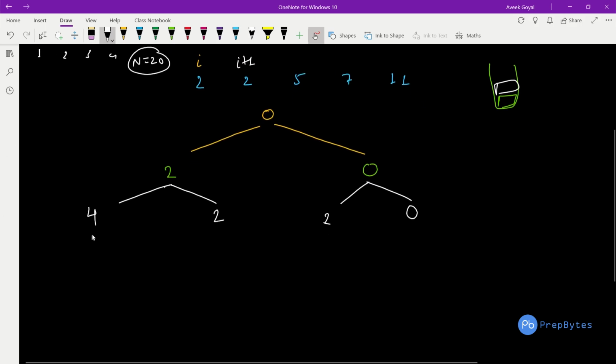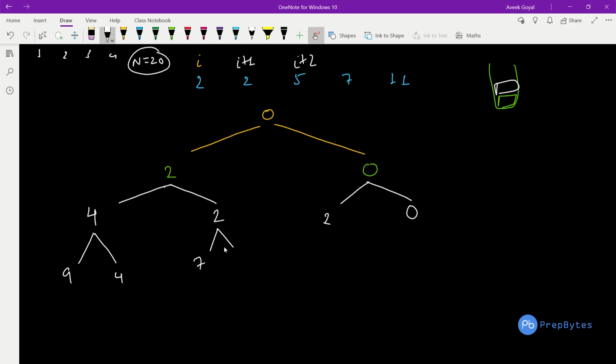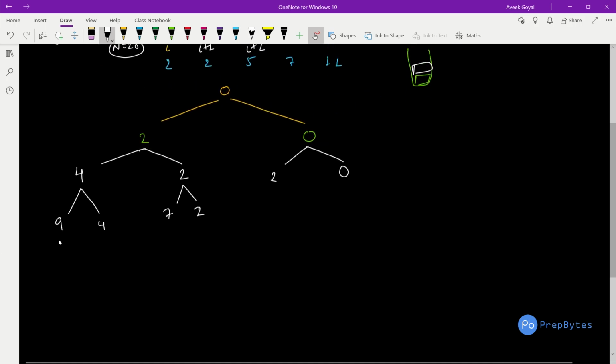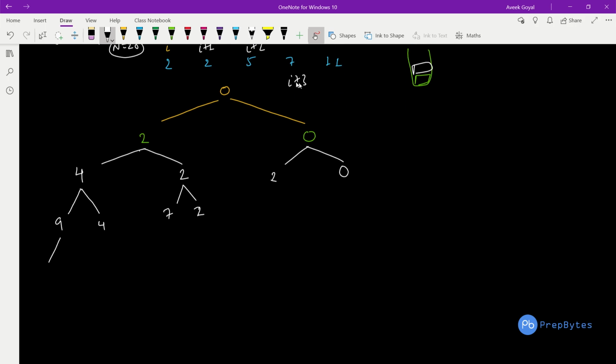Now for 4, if we just continue this part, for 4, this is I plus 2, I will increment, 4 plus 5 will become 9. And if we do not put this fifth block, height 5, so 4 will remain 4, and similarly here it will become 7, and if we do not put it, it remains 2, and so on here also. Now for 9, if you see for 9, in this particular scenario, this will simply become I plus 3 here, so 7.